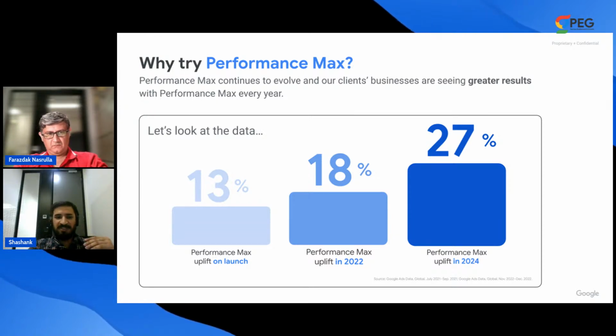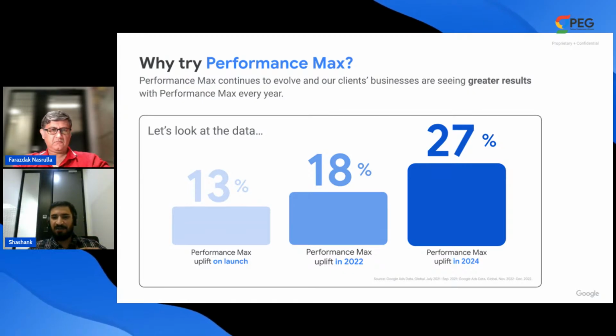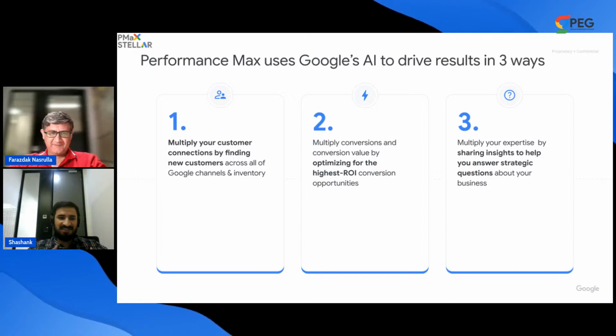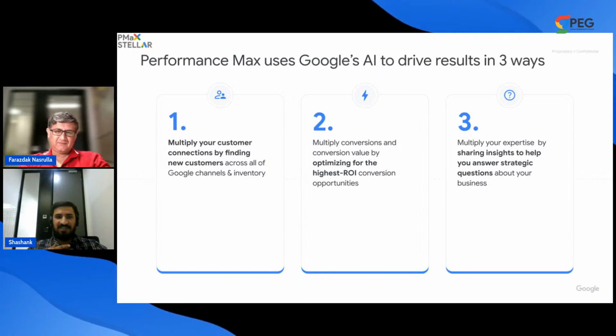So when businesses started using Performance Max after its launch, they saw a 13% uplift in 2022, with consistent improvements in the campaign structure. We observed an 18% business growth, and in 2024 we recorded 27%. So that's an immense business growth recorded in 2024 using this one campaign type. This means that this campaign type is pretty advanced and it's also giving some great results to